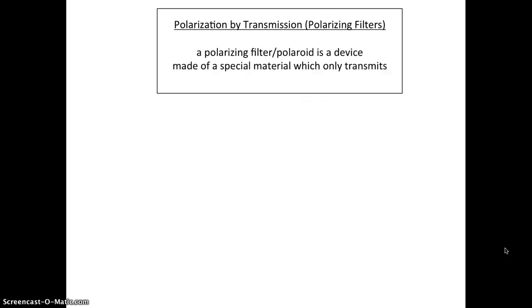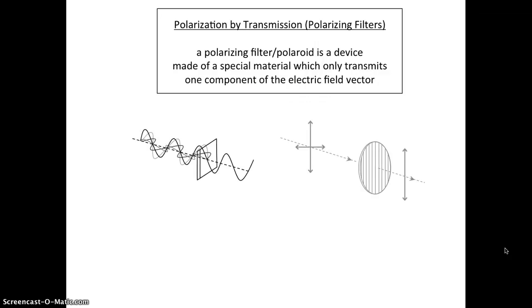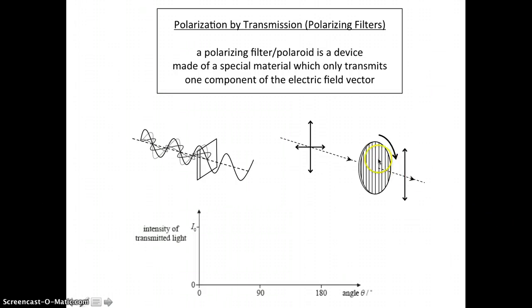Polarizing filters are an example of polarization by transmission. We send light through the filter, and the light becomes polarized. This filter is just a device made of a special material which only transmits one component of the electric field vector. And this is how we can show it. If we take this Polaroid or polarizing filter and we rotate it, no matter what angle we move this to, we will always only have half of the unpolarized light passing through. So if the initial intensity is this, the amount that gets through the Polaroid is always half when the incident